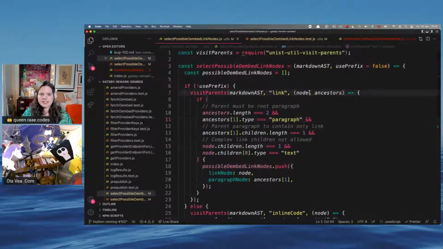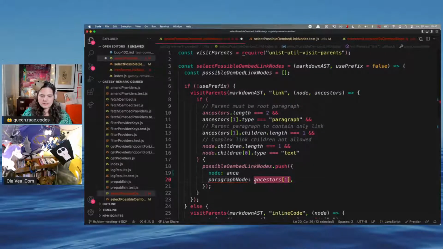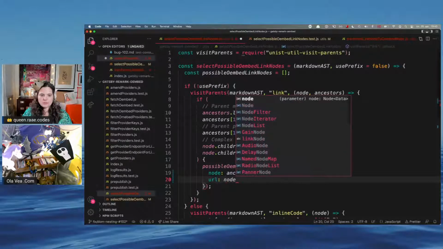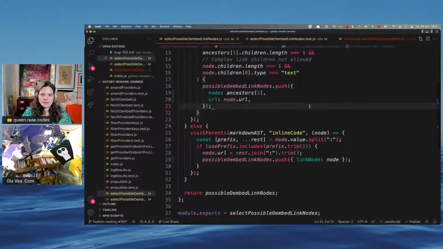But instead of possible link nodes, let's push the node to be transformed. So that would be ancestor. And then we'll give it the URL that it should use to transform, and that should be from the link node. Yes, that's much better. So we're pushing the node and the URL.